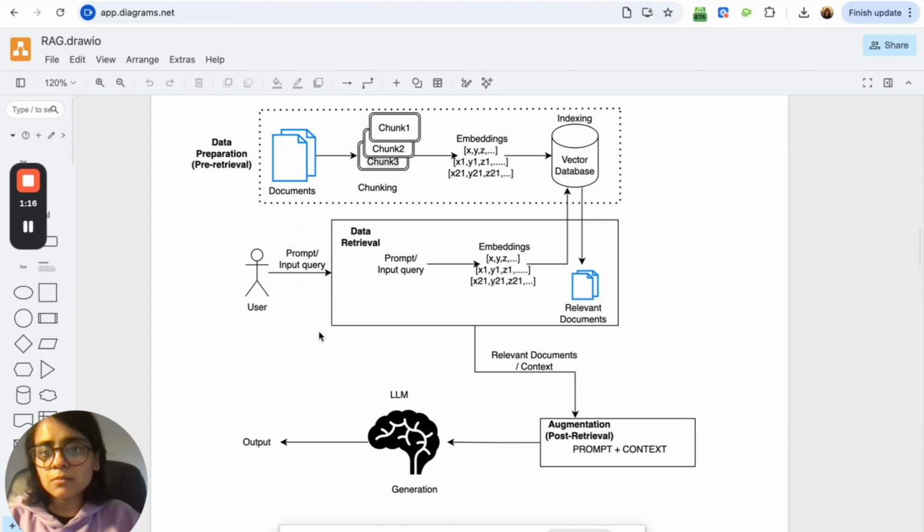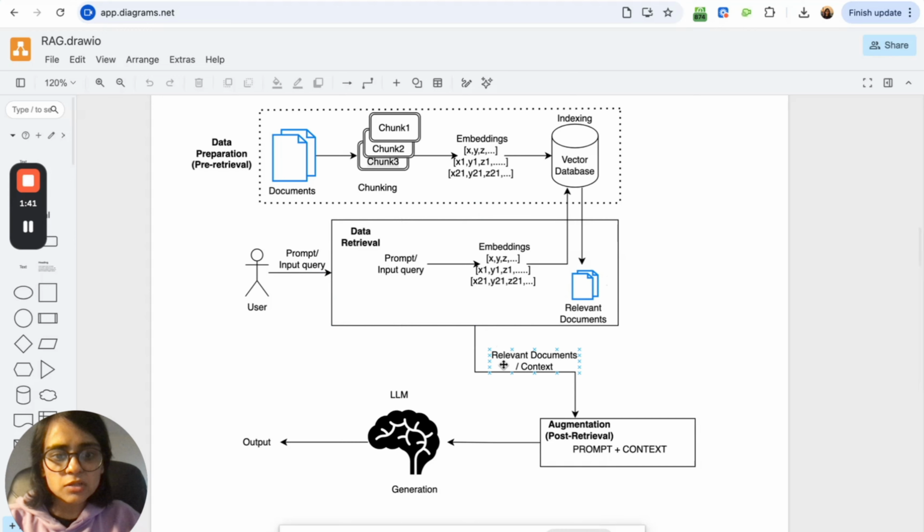During the retrieval part, when the user prompts the LLM with a query, that query is taken and converted into embeddings, and those embeddings are then used for searching in the same vector databases where the documents or the chunks are stored in the form of embeddings. And vector databases perform semantic search and return relevant documents or context.